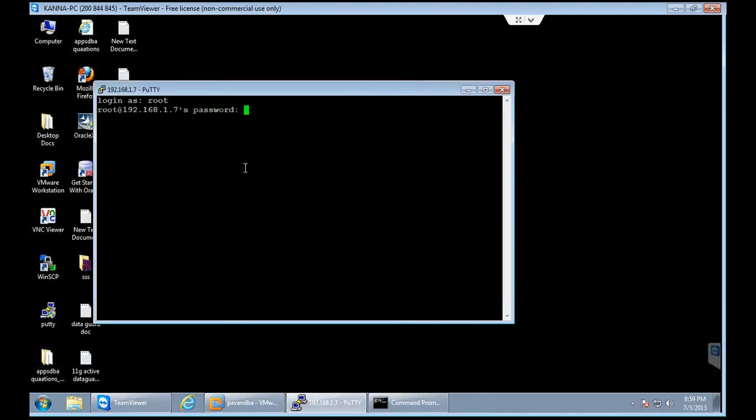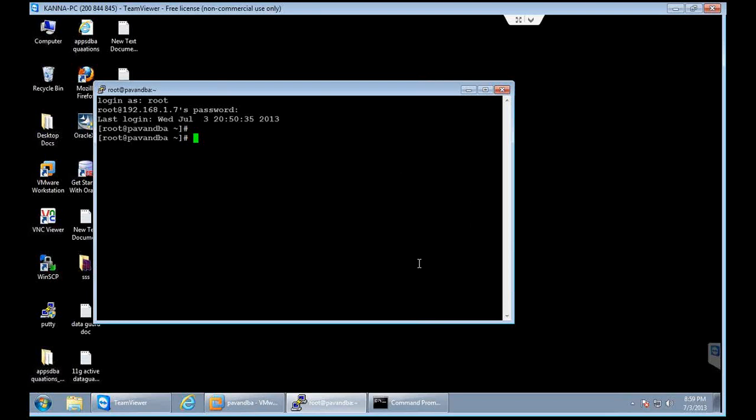And yesterday in one of the screens it asked you for the root user password also. You need to provide the same password here, then you will be logging into this machine. The machine name is PowenDBA. Now I have logged in as a root user. This is how you are going to install and connect to the Linux machines.